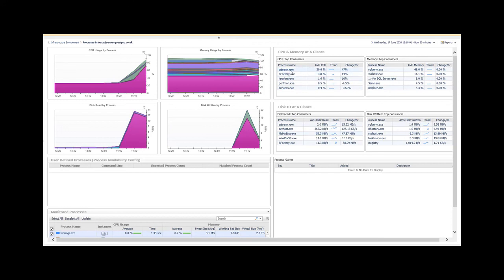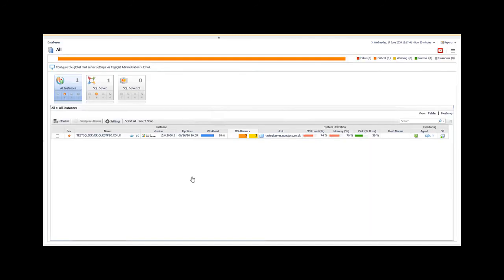And we can see that SQL Server.exe is the top process, but there are some other processes under there using a lot of CPU, and the change rate over the hour shows a 50% increase in workload there. So that's just a quick overview of drilling into a CPU related issue. Thanks for listening.